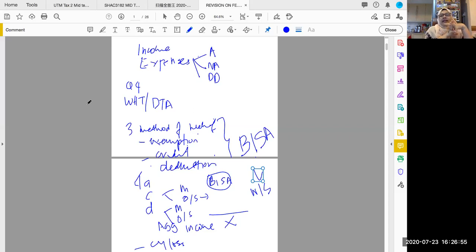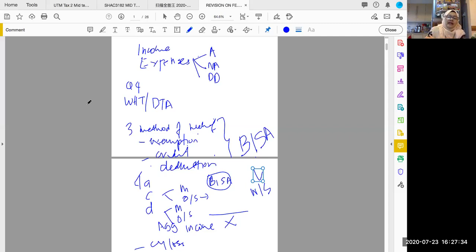So for example, Malaysia and Australia, we say okay, we give you exemption. Malaysia says income from Australia is exempted, so you don't have to pay tax in Malaysia on the income from Australia, because Australia also taxes it. But with Malaysia and Japan, for example, we only agree that it's going to be a tax credit. Credit means it's not given as an exemption, but whatever tax is paid in Japan will be given as a deduction against your tax liability in Malaysia. So in other words, you are